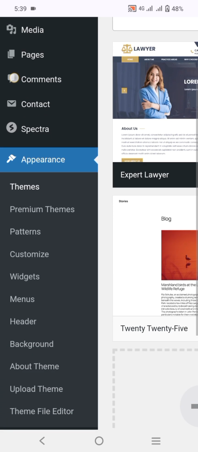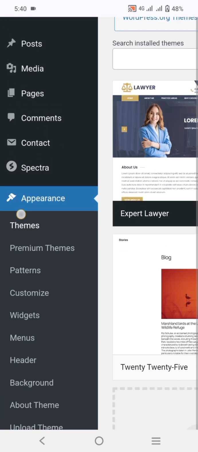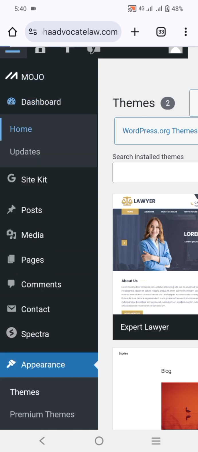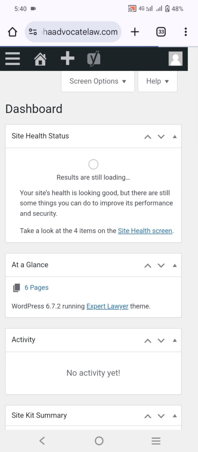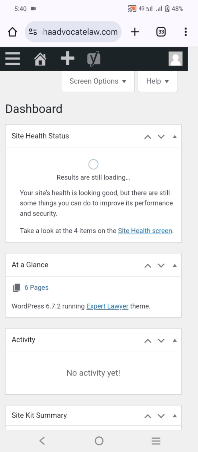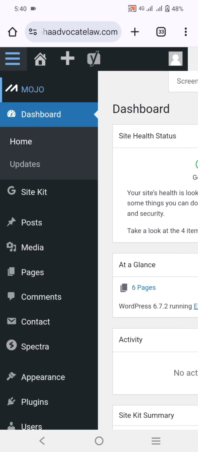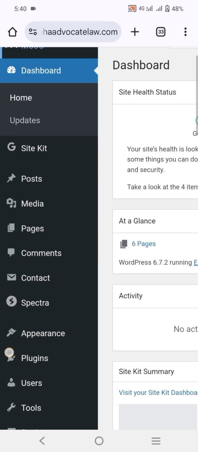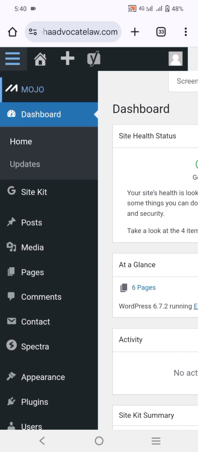This is the space where you do your customization of how your website will look, of how everything will be shown to the public. So all the customization, the changes you are going to be making on your website, it is from this space. So just click on this menu and do whatever changes you want to make. Let's say